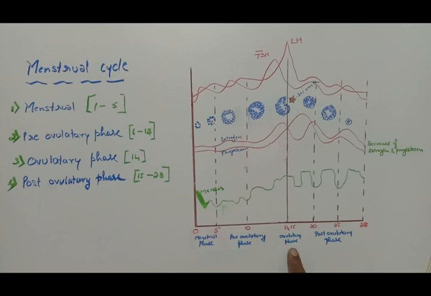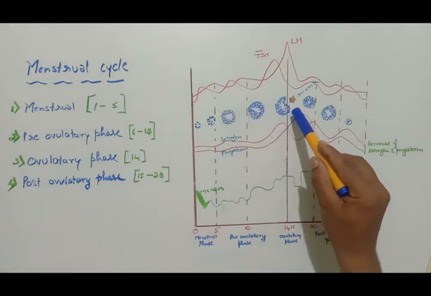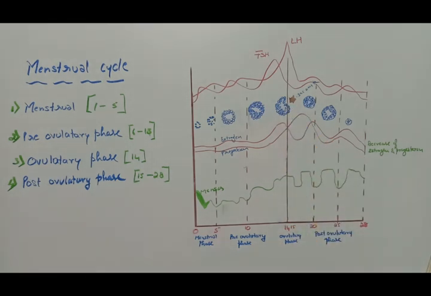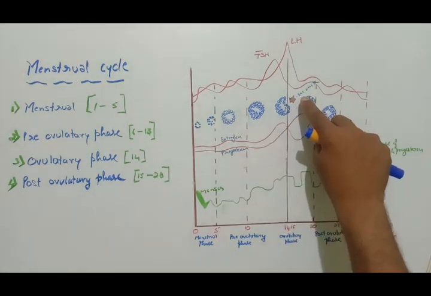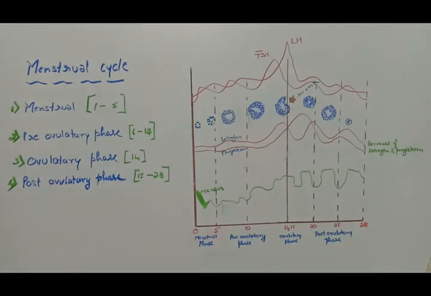The next phase is called the ovulatory phase. So what is the ovulatory phase? It takes place on the 14th day. As we know, the process of release of the egg from the ovary is called ovulation. Due to the LH surge on day 14, rupture of the Graafian follicle takes place, which releases the secondary oocyte, or egg, out, and the process is called ovulation.